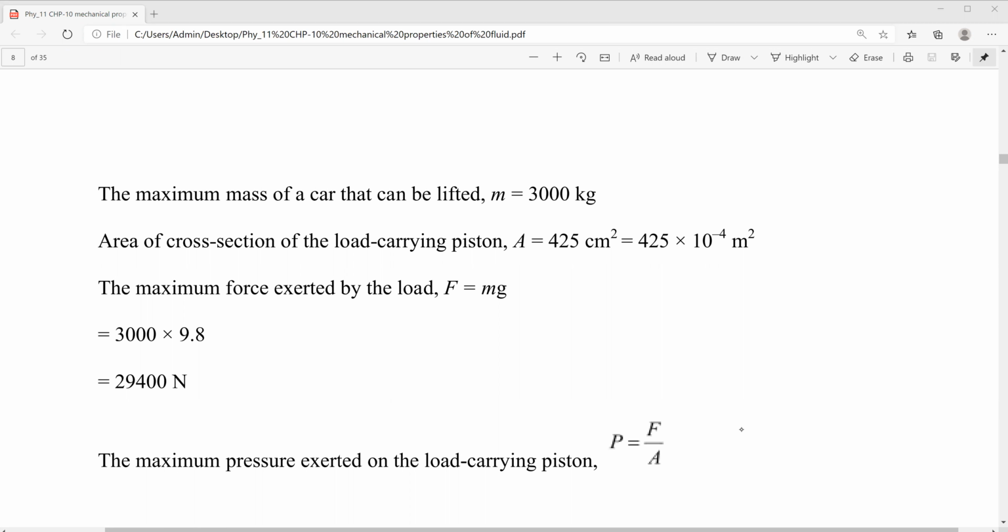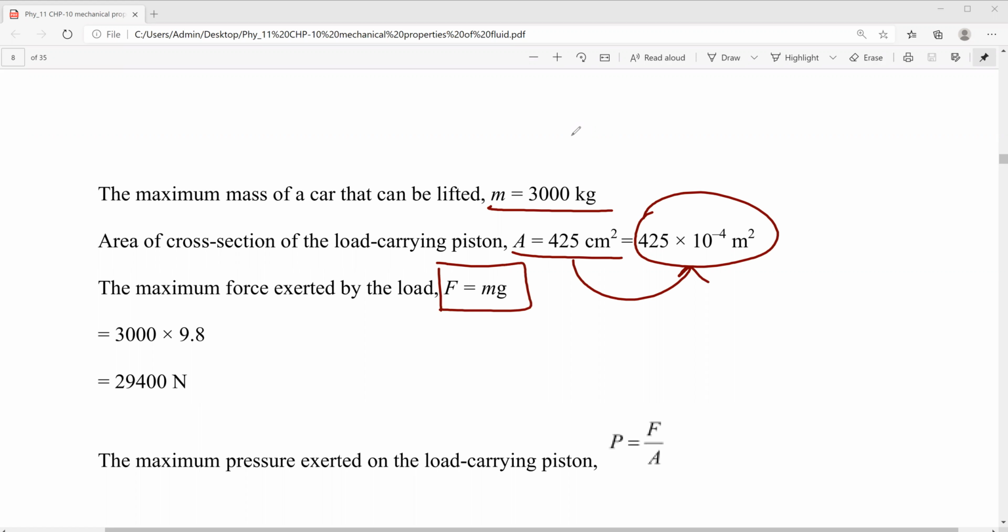The maximum mass of the car that can be lifted, M, is 3000 kg, and the area they have given is 425 centimeters square, which is converted to meters. The maximum force exerted by the load can be calculated using the formula F = M × G, where the mass is 3000 and G is 9.8. By using that, the force we got is